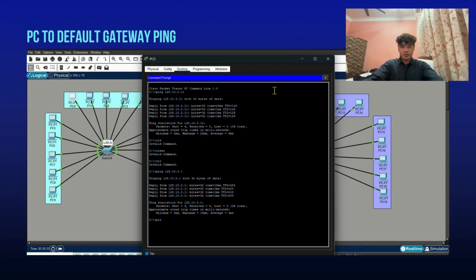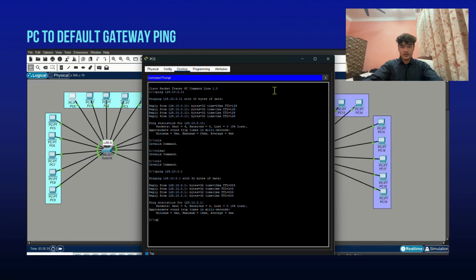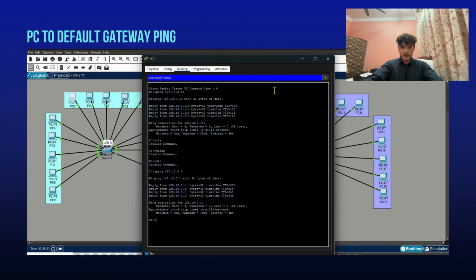PC to default gateway ping. The PC to default gateway ping proved that our end devices can successfully reach the router. In Packet Tracer, using the same PC's command prompt, we typed ping followed by the router's local interface IP address, such as ping 128.10.0.1 and hit enter. This is a critical checkpoint because the gateway serves as the exit door out of the local network. Seeing those successful replies confirms that our switch to router connections and the router's local interface IP configurations